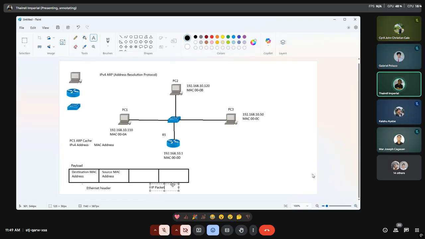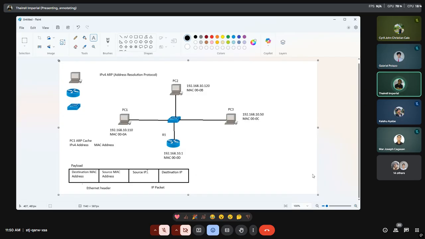So it's already been encapsulated within a data frame. That information is your source IP, and then over here will be your destination IP.